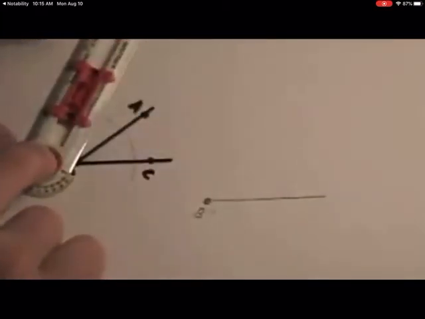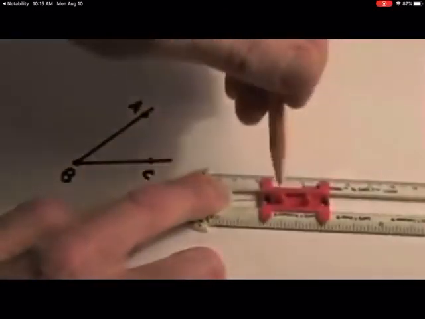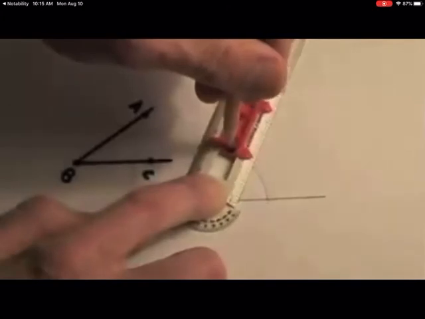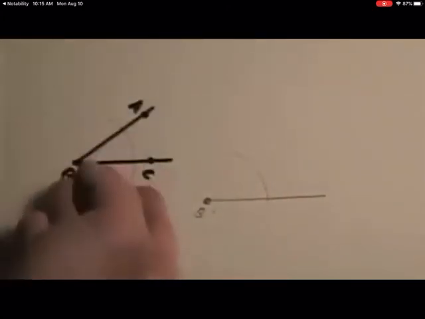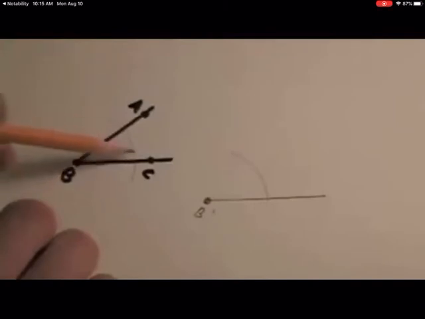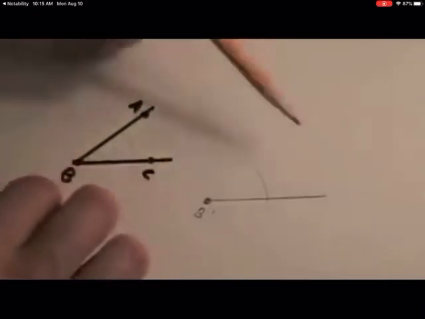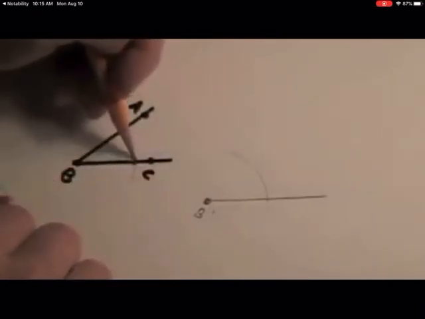Don't change your slider. Move your compass over onto B prime and do the same motion. Just remind yourself that you're copying. So whatever you do on here, you'll do the same thing over here. Now I need to measure this distance here from this side of the angle to this side of the angle where that arc is. So I'm going to put my compass on this new intersection point right here